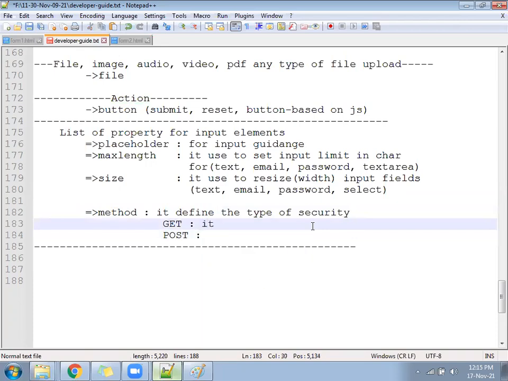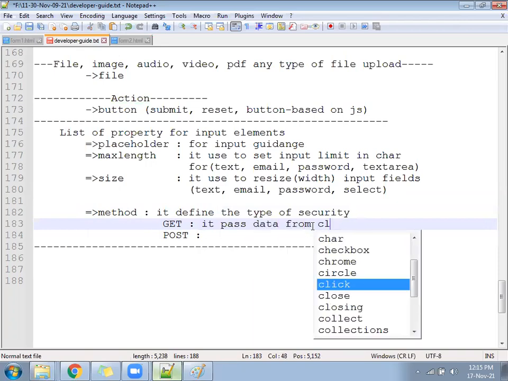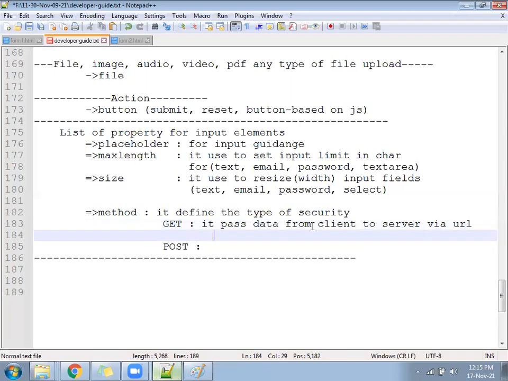It passes data from client to server via URL. Once we say URL, you will understand, yes, the browser URL. Second, you can write it's visible, and here only you can write fully unsecure.